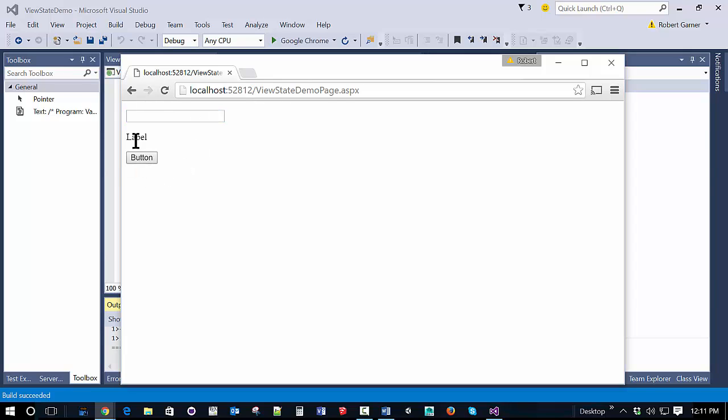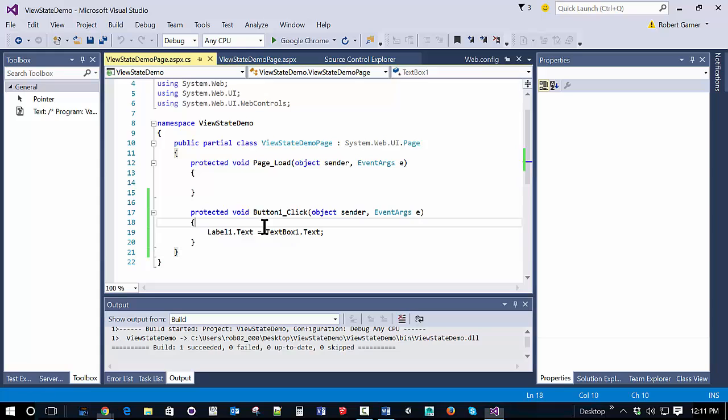So if I click it like this, it's empty. And every time I change the text box, it's posting it to the label. So in many ways, what we do when we build a web form application is we design our